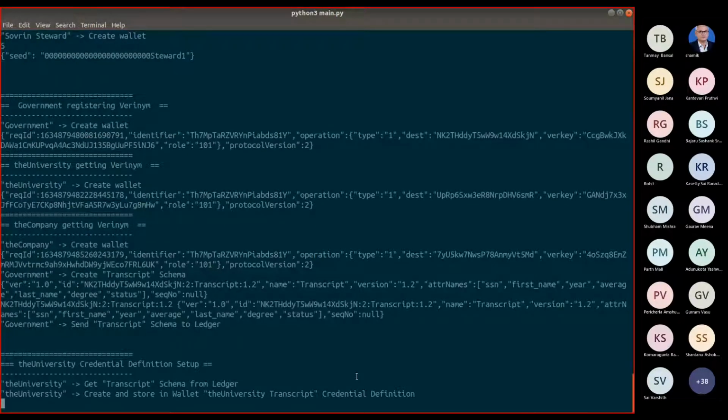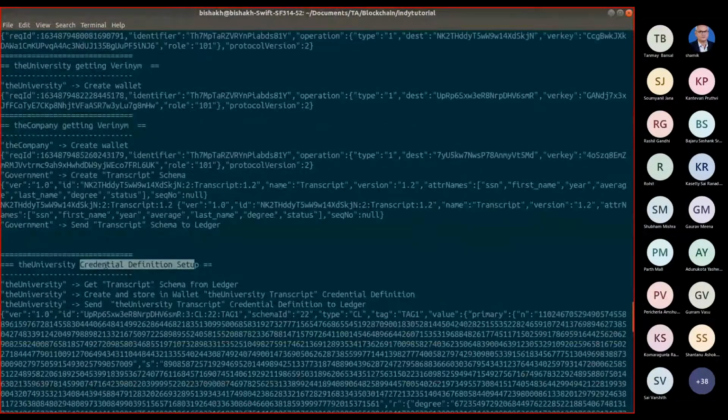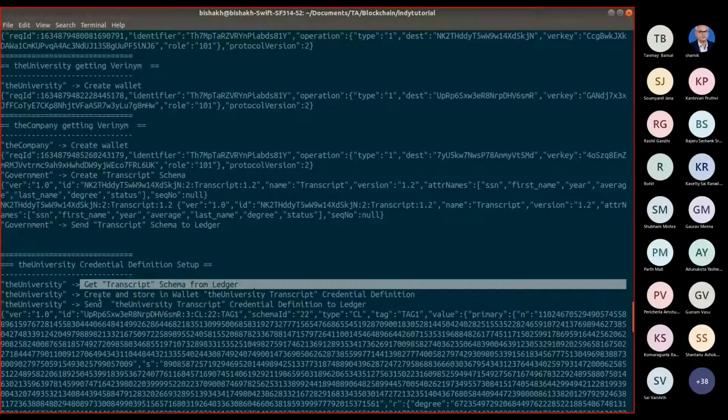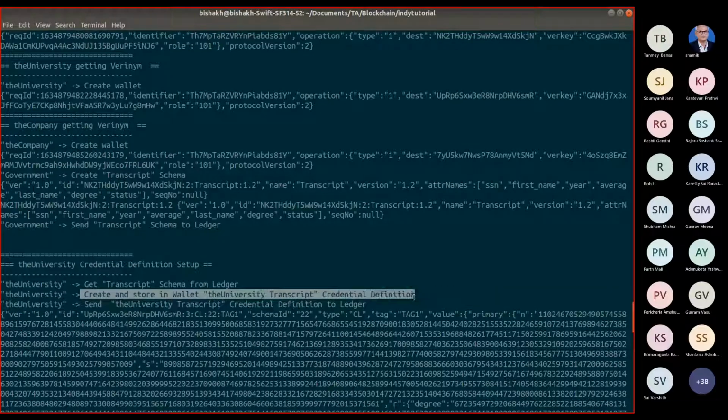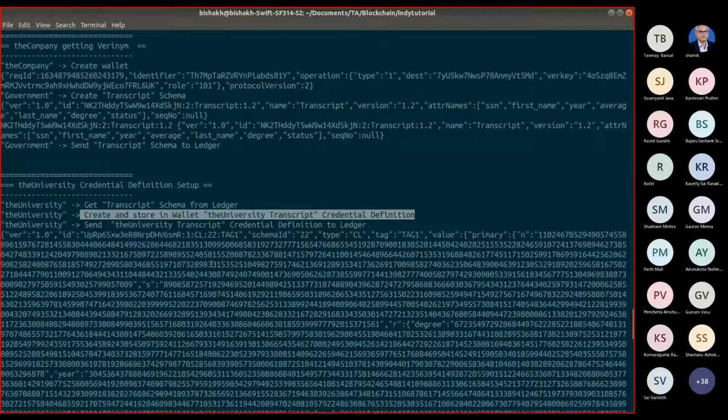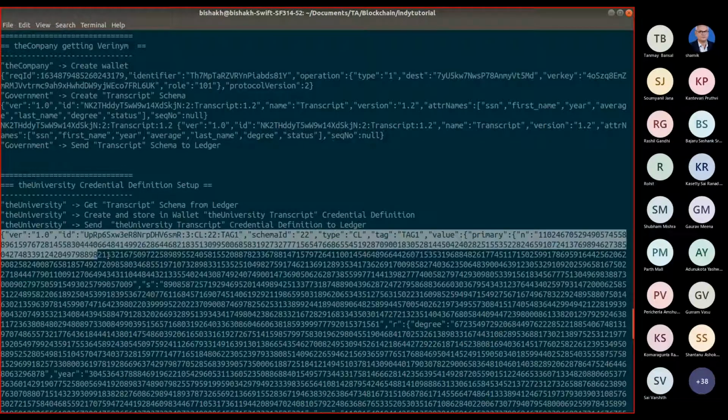So in this step you can see credential definition setup. The first step is get transcript schema from ledger, then create and store the university transcript credential definition. This function is called, and then I have printed the actual transaction that will be carried out.